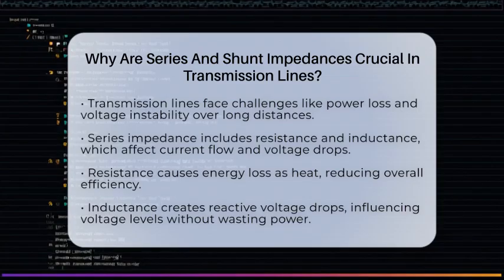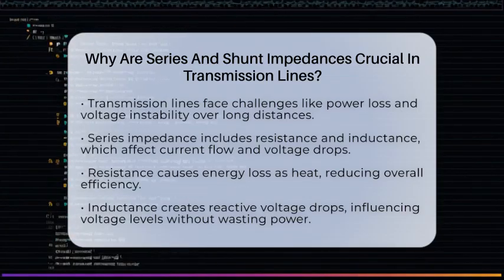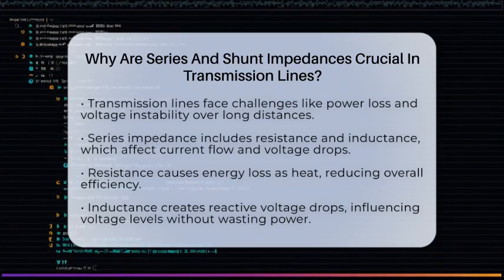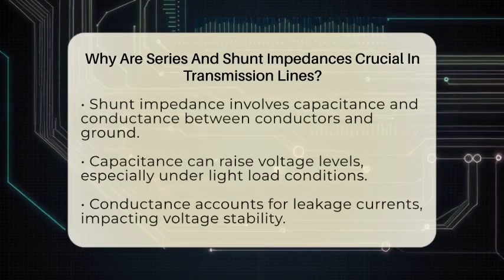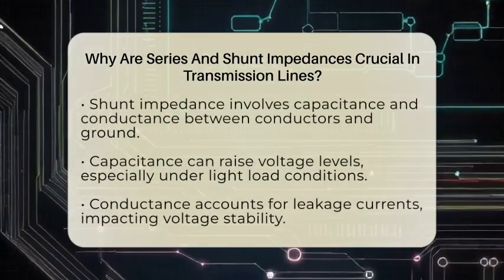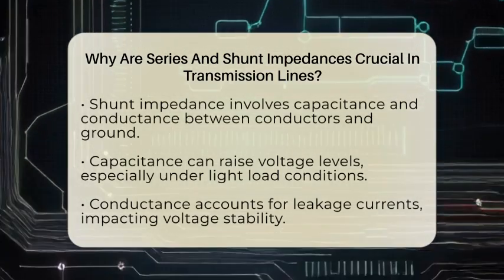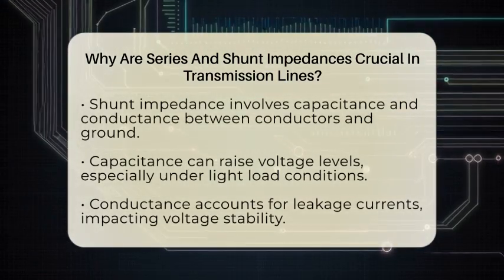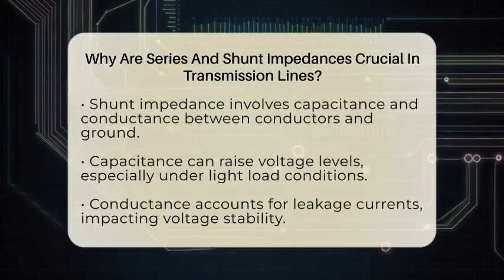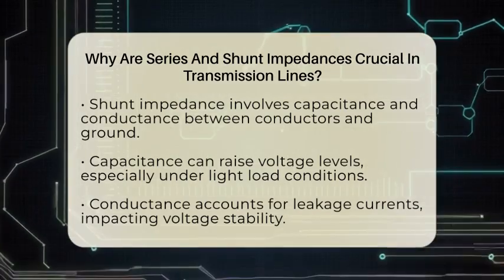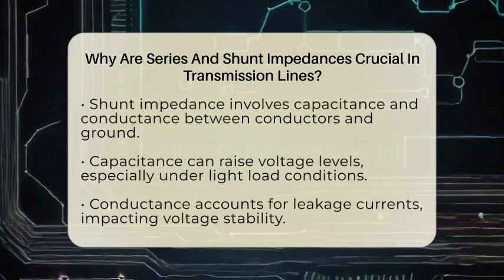Series impedance mainly includes the resistance and inductance of the line. Resistance is like the friction that slows down the current, causing some energy to turn into heat and be lost. Inductance, on the other hand, is related to the magnetic field created by the current flowing through the wire. It causes reactive voltage drops, which don't waste power but can affect the voltage levels along the line. Together, resistance and inductance form the series impedance, which influences how much voltage drops and how efficiently power is transmitted